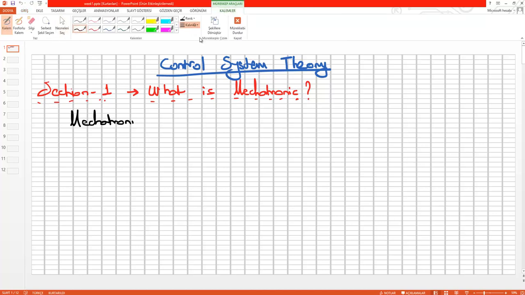Mechatronic means that it's a combination of the electric plus mechanic. Okay, this is the basic term, but as an engineer we need to utilize some mathematical rules in order to build this system, which we call the dynamic system. Okay,